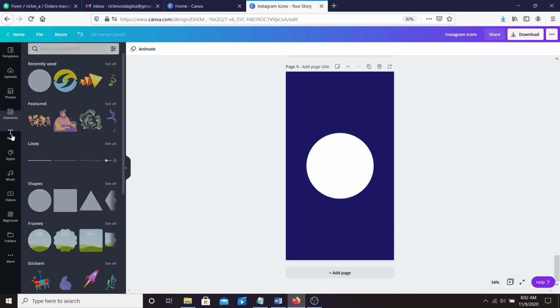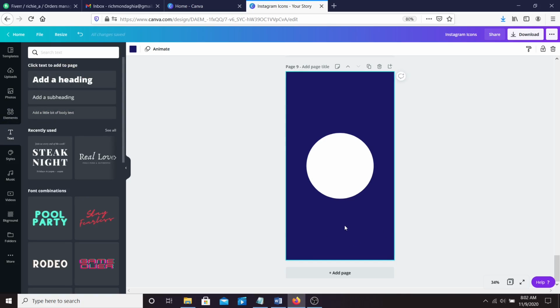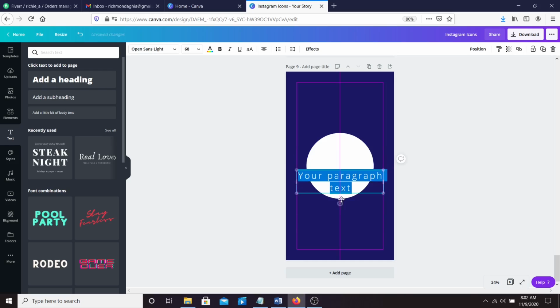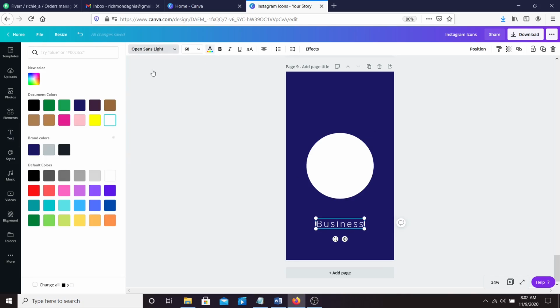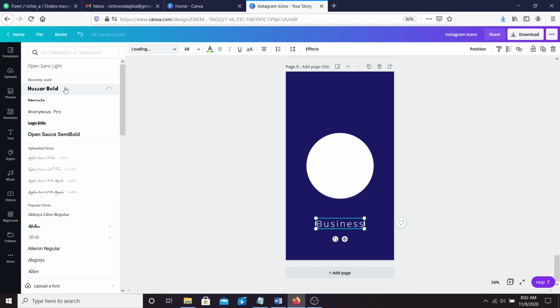You can add text, but on Canva it's easier to just click on the page and type. Not even type, just press the key T and it comes out, and it can be business, I don't know, whatever you want it to be. Maybe business, and you can change the color to white. You can change the fonts to whatever you like. You can change to Hussar bold,